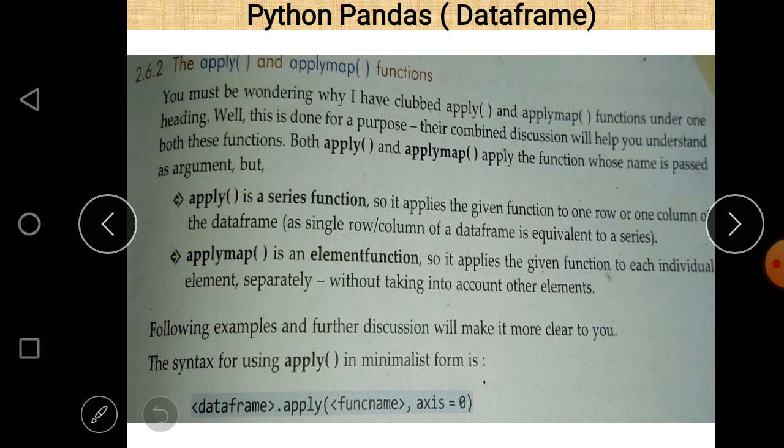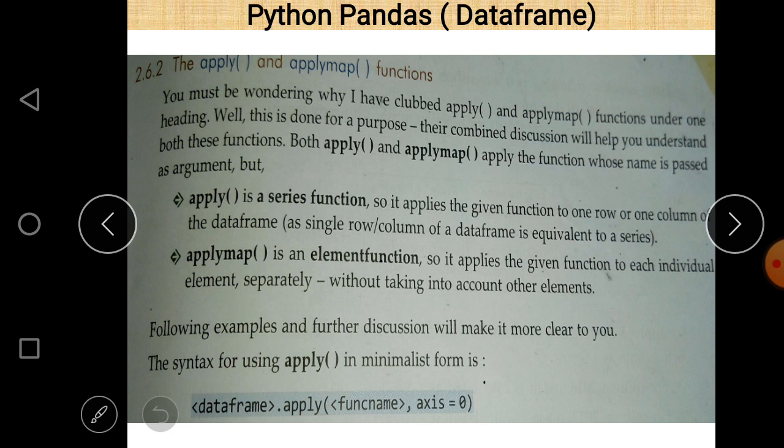So it is important, and apply and applymap is also important. It is possible that at least one of these will be asked in your examination, so be prepared for that with example and definition. You should be very clear about the difference between apply and applymap, and the difference between pivot and pivot table functions.